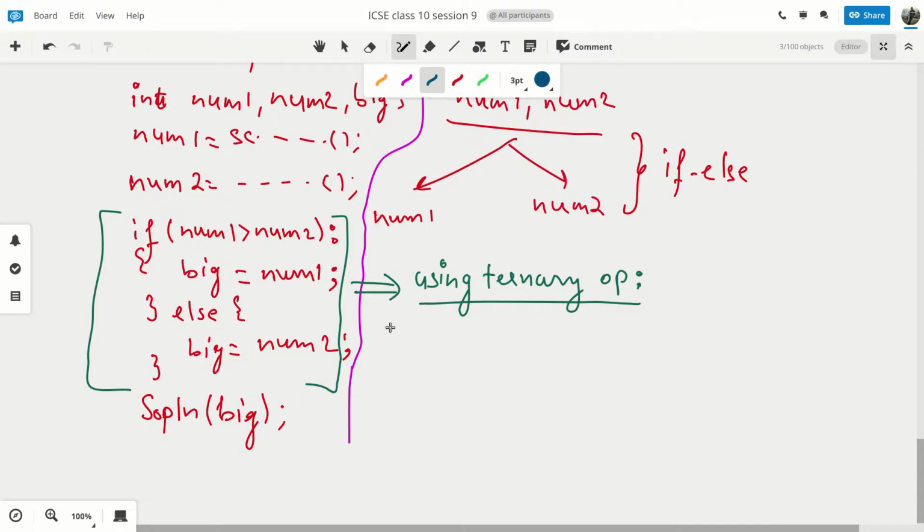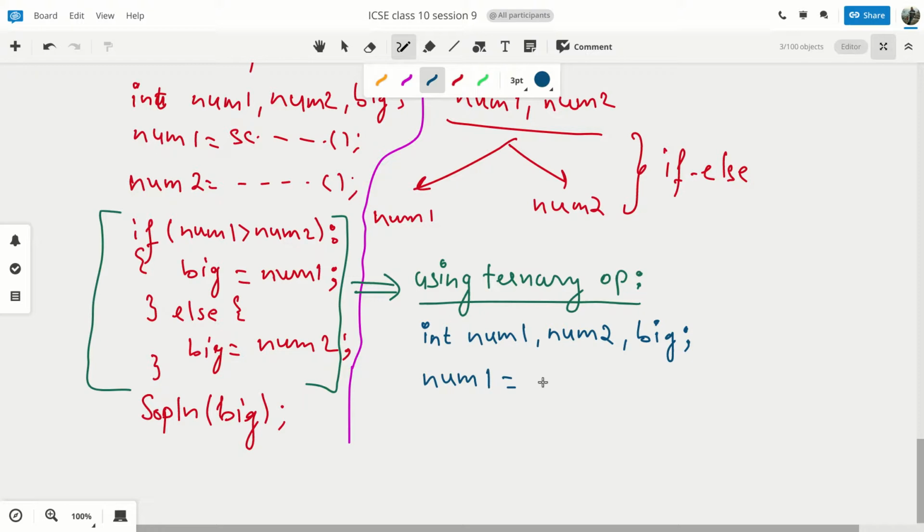What we will do is write the same program again using the ternary operator. We will create one variable for the first number, another variable for storing the second number, and then big for storing whichever is the bigger of the two. Then from the user we are going to ask for one value, and using the assignment operator we assign it to the variable identified by the name num1 in the RAM.